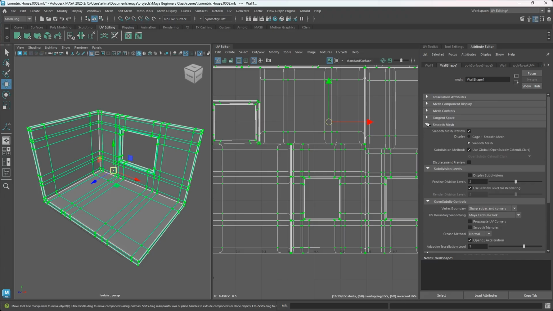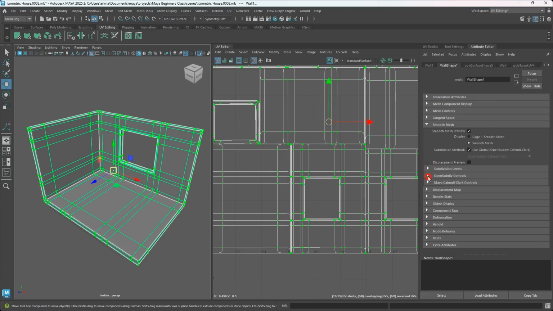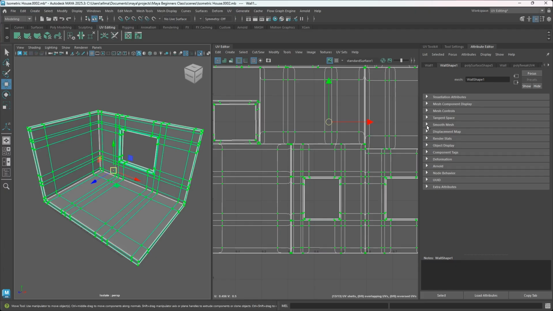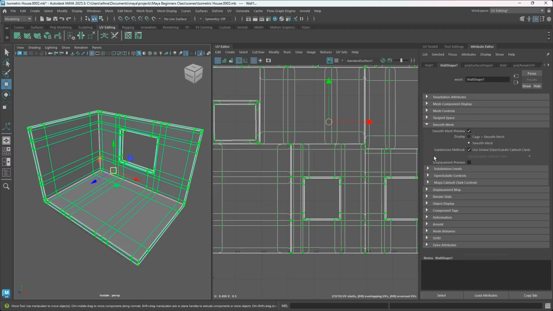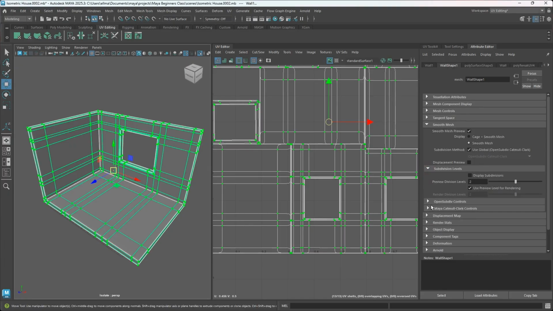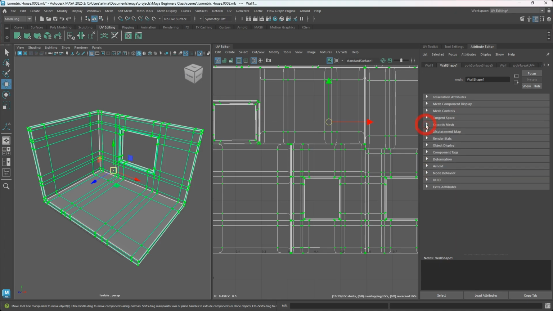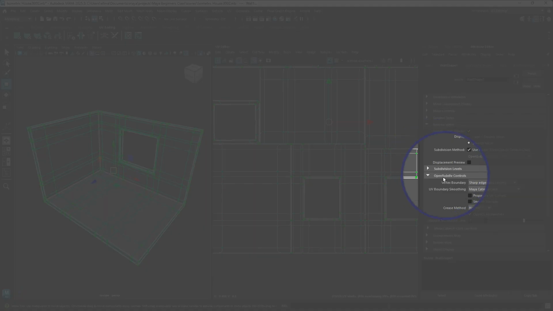So for so long I've been mistaken that when all this is closed, when you open the smooth mesh, you have to open the subdivision levels for you to get the open subdiv controls. So yeah, that is the error I usually make. But don't worry, when you just open the smooth mesh, come down straight to the open subdiv controls,